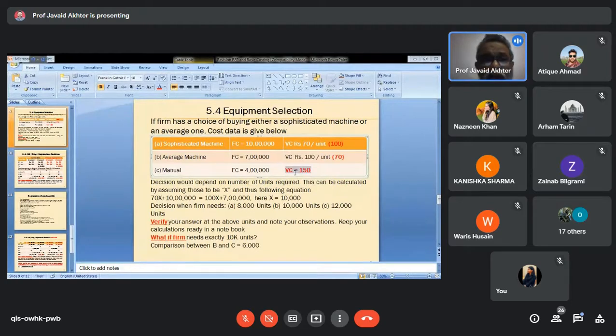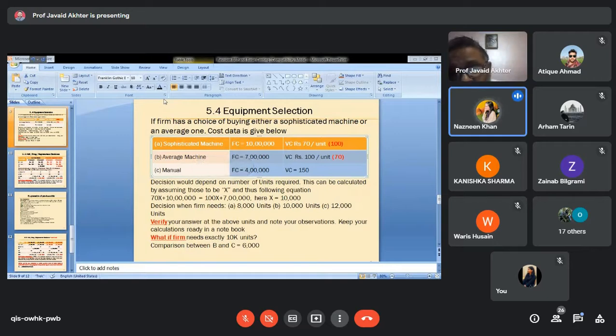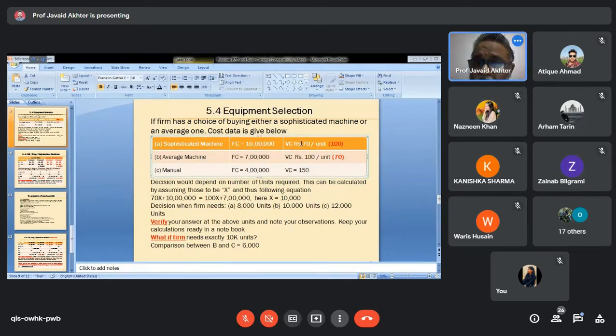This also, let me make it blank, because the first one is blank, and then the second one is revised data. So what do you observe between fixed and variable cost? What is your observation between the two? If fixed cost is more, variable cost is less. When fixed cost is less, variable cost is more. When fixed cost is further less, variable cost is still more. And it happens naturally also.